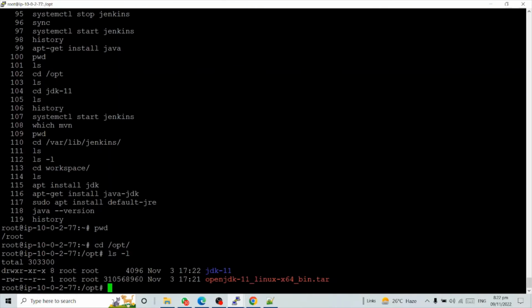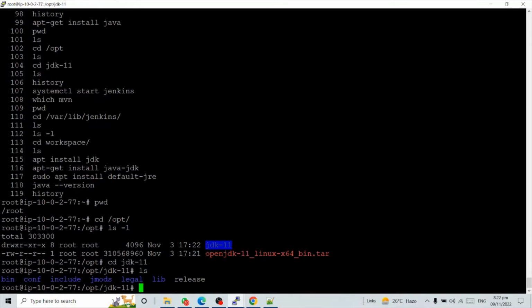So /opt is the best place to install. Just unzip it, then untar it, and you will see something like this: JDK 11 and all these things. These are very important for your Jenkins configuration details. Okay, so once you are done with that, you can say systemctl start